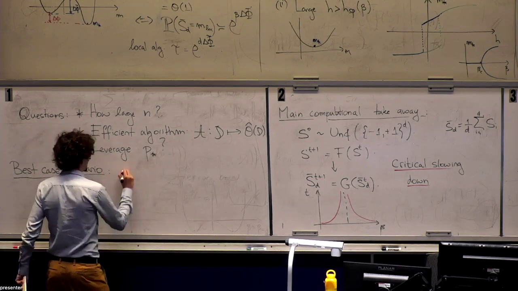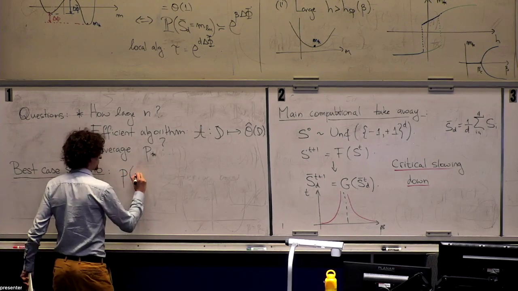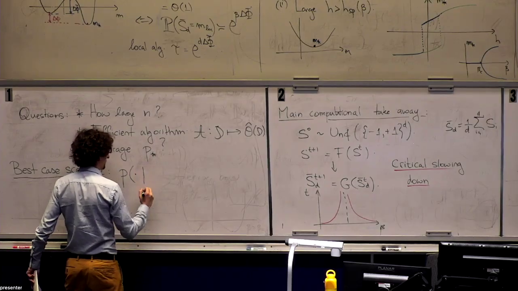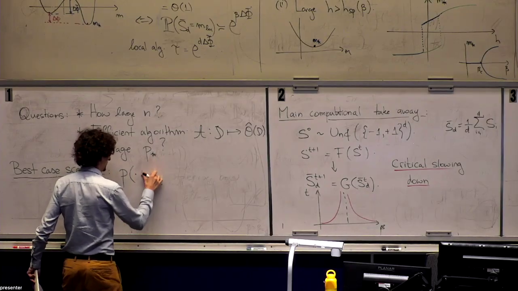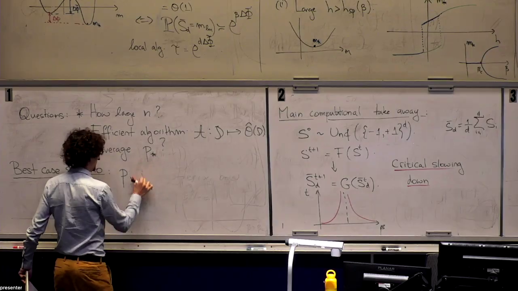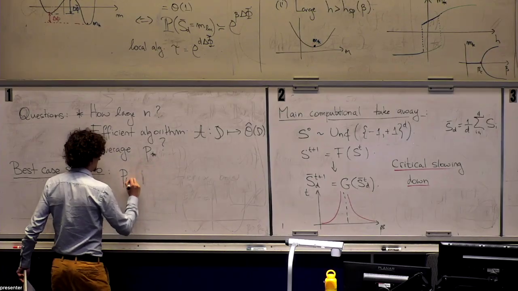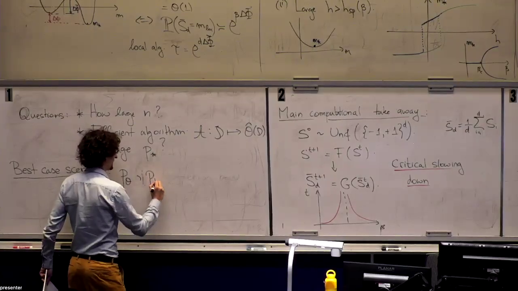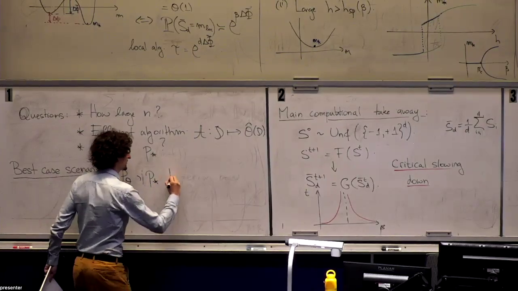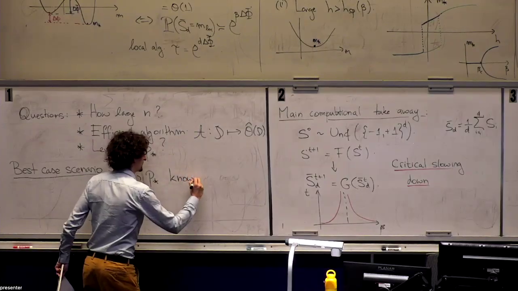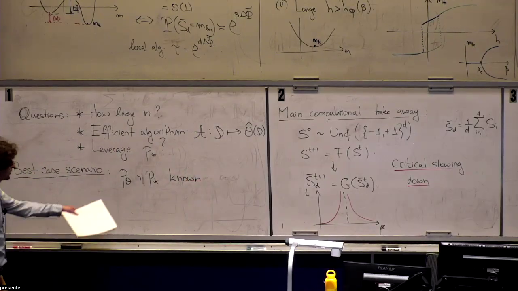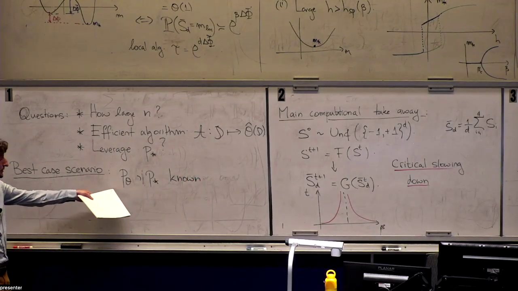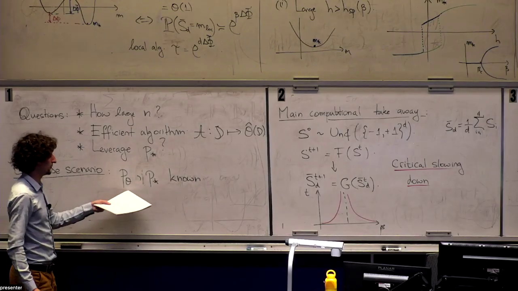It is when the likelihood and the prior are known. Let me be consistent with the notation. I just realized that I did it differently from my notes, but I'll try to stick to it. If these two are known, so if the likelihood where I sample the data and the prior where I sample my signal are known